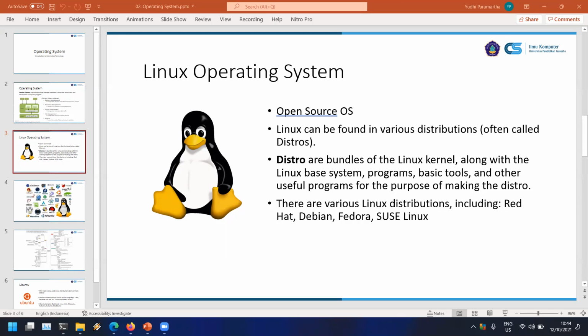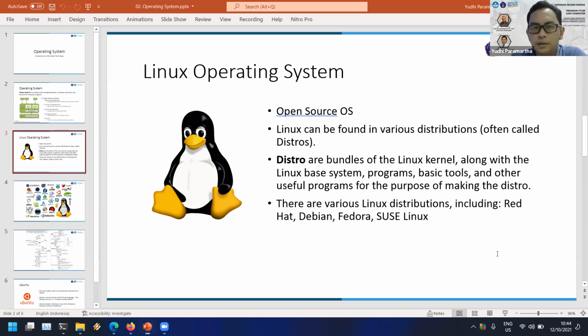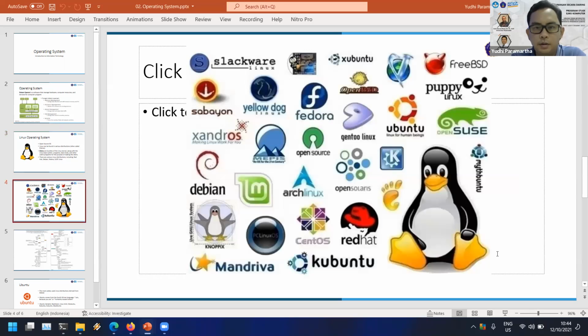SUSE Linux is for enterprise, and the customer level is OpenSUSE Linux. The most used operating system is Ubuntu, so we will use Ubuntu for this lesson.